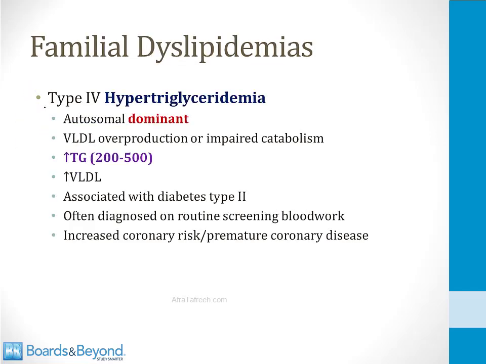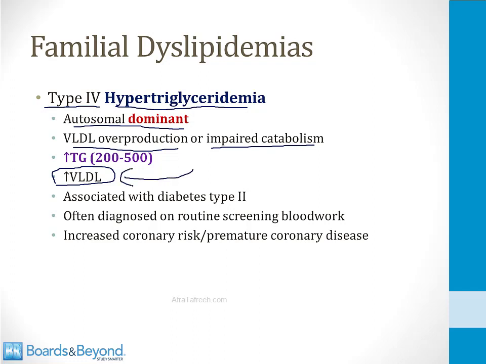The last familial disorder is a type 4. This is also called hypertriglyceridemia. This is also an autosomal dominant condition, and the problem in people with a type 4 disorder is that they have too much VLDL in the plasma. This may be because VLDL is overproduced, or it may be because it's not broken down appropriately, or it may be for both reasons. But whatever the mechanism, the VLDL level is too high, and what you see on blood work is that the triglyceride level will be elevated,